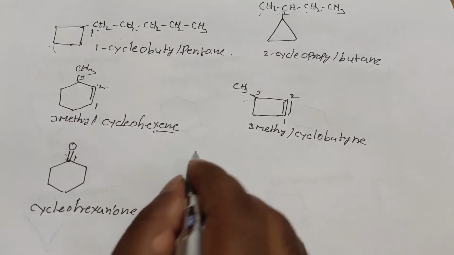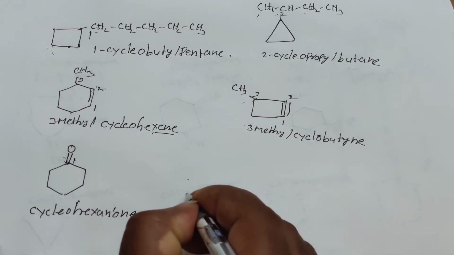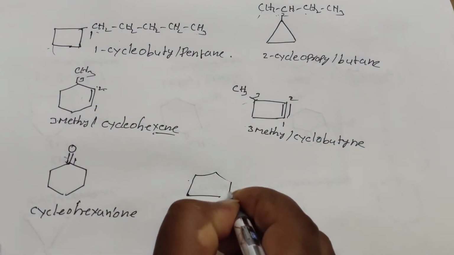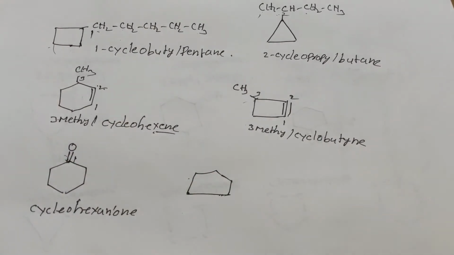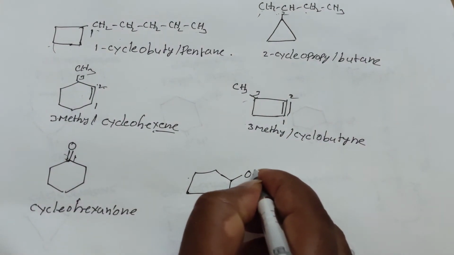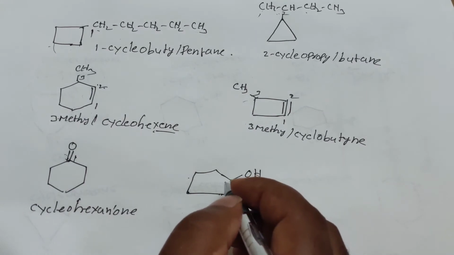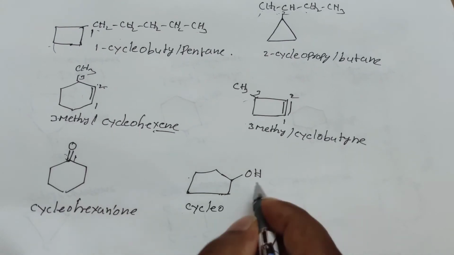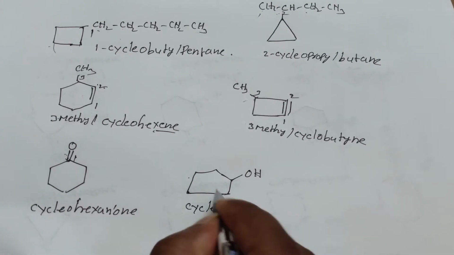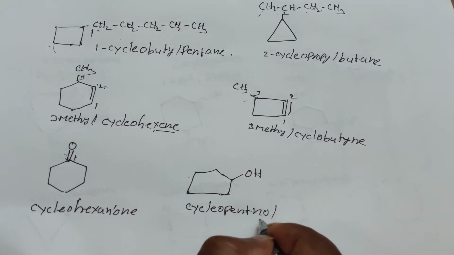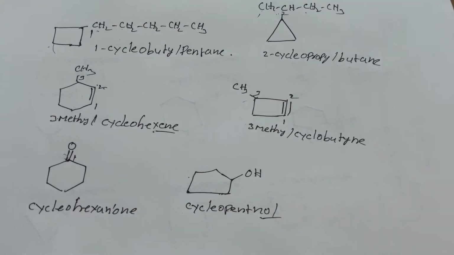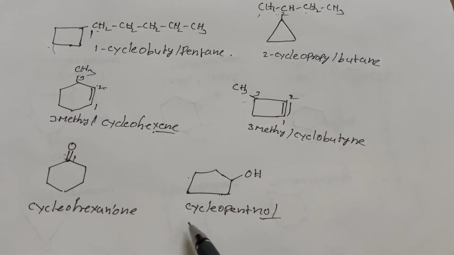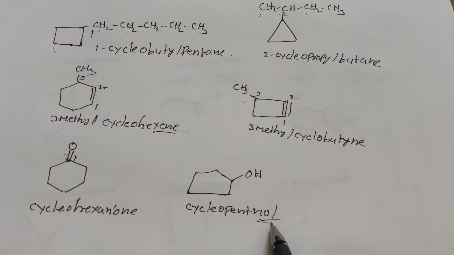Along with that, one more example I am writing, and the name of the compound is cyclopentane, and here it contains the OH group. OH is nothing but the alcohol group. So the name of the compound is cyclo, and the root word is pent, and the ol. It is the alcohol group, that's why I am writing the ol. Okay students, if the cyclic compound contains the functional group, then for the cyclic compound we take the prefix, and for the functional group we take the suffix.